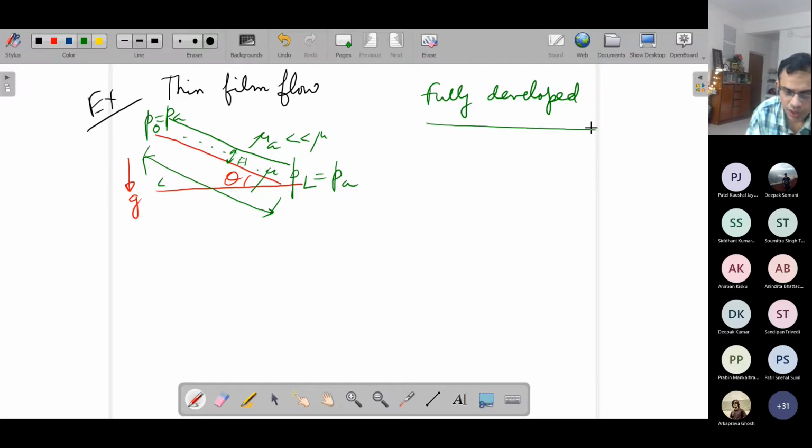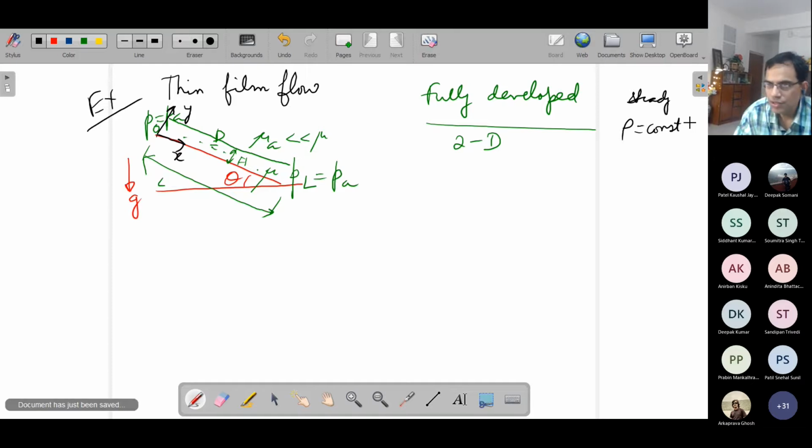So let us try to describe the problem, assuming that it's a 2D problem, parallel plate like situation, where there is no physical plate at the top. This is a free liquid surface. It's not a plate physically, but a 2D situation. So you have a x-axis and y-axis, fully developed flow, steady flow, and constant density. So these are the standard assumptions that we take for these types of problems.